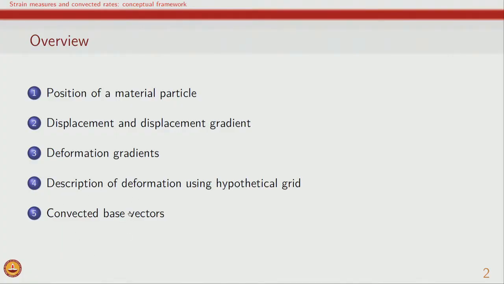So, in the previous lecture we had looked at the base vectors and how these base vectors were familiar to us in rectangular or a cylindrical coordinate system. In this part of the lecture we will look at the base vectors, and also how they contain information about deformation, and what we can learn from looking at the rate of change of these